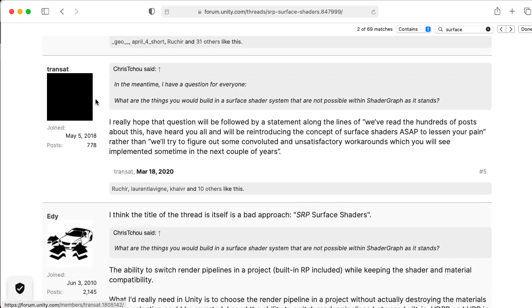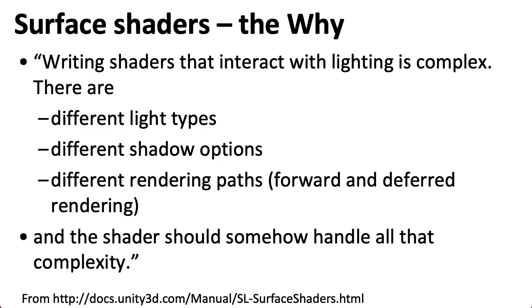Another commenter named Transat noted, I really hope that this question will be followed by a statement along the lines of, we've read the hundreds of posts about this, have heard you all, and will be reintroducing the concept of surface shaders ASAP to lessen your pain, rather than, we'll try to figure out some convoluted and unsatisfactory workarounds, which you will see implemented sometime in the next couple of years. This was posted in March 2020. Guess which path Unity took? Anyway, enough soapboxing. Despite surface shaders being officially out of style according to current Unity dogma, they're incredibly useful,